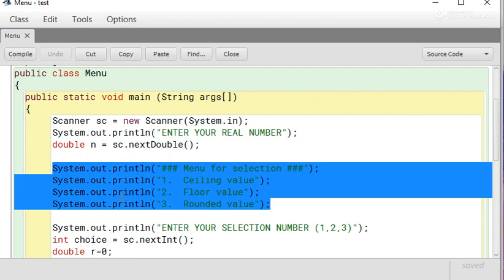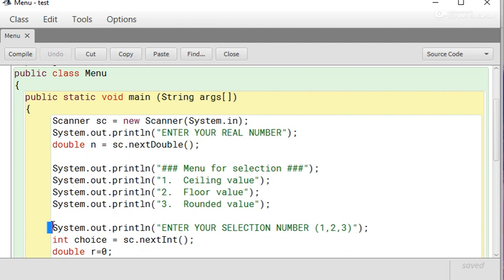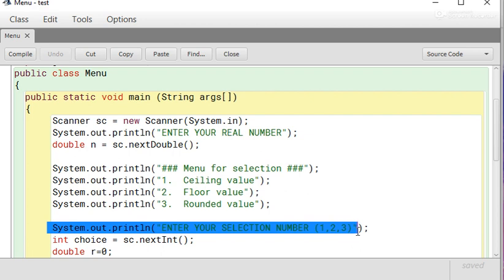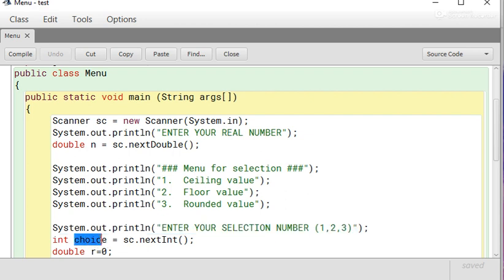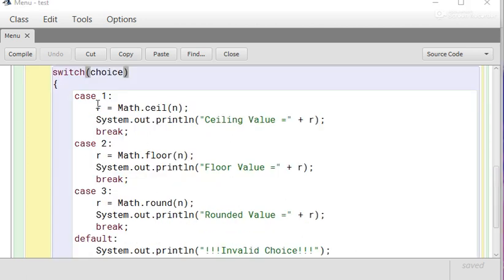After displaying this menu, we give a message to the user: enter your selection number 1, 2 or 3. According to their choice the user puts the number, and that number is received by the choice variable. Now this choice variable is passed in the switch statement.